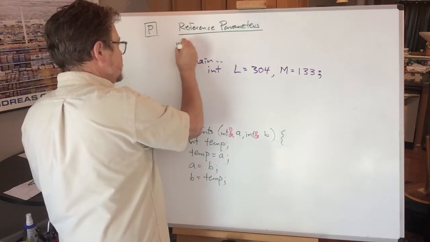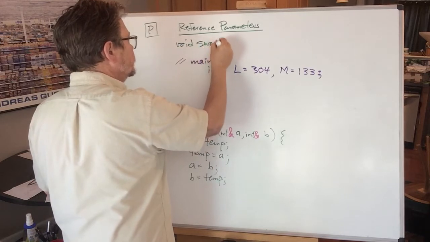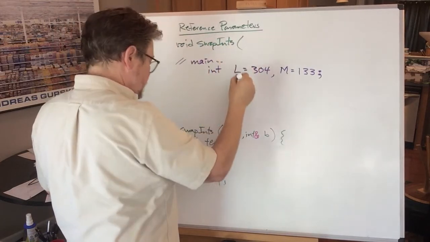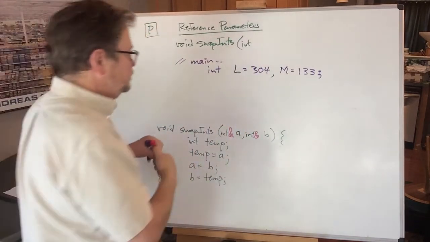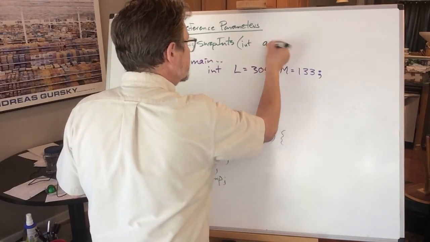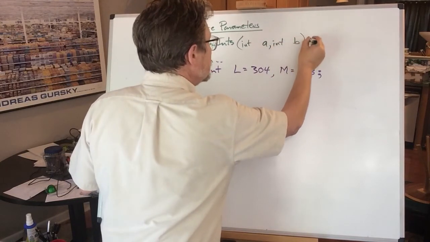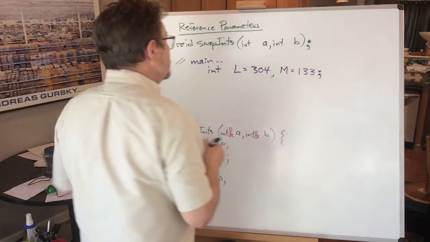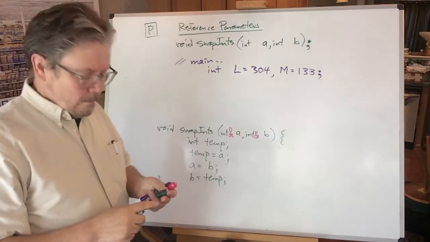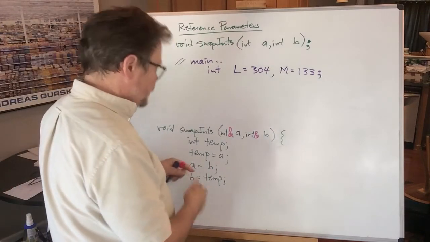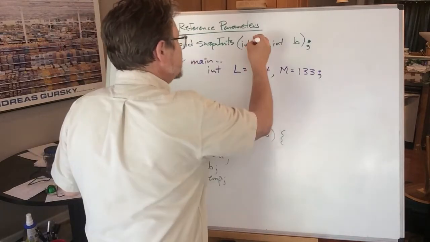It's got to be the same as the first line. Void, swap ints, parentheses, int, and I'm going to leave space because I'm going to make that pink again. Space, A, comma, int, big space again, B. Since it's a prototype, close parentheses and semicolon. Remember, all this is, that prototype has to be there, but that's a mental note to the compiler. But we're actually sending the compiler a different message this time than we would have if I left it like that. With this ampersand,